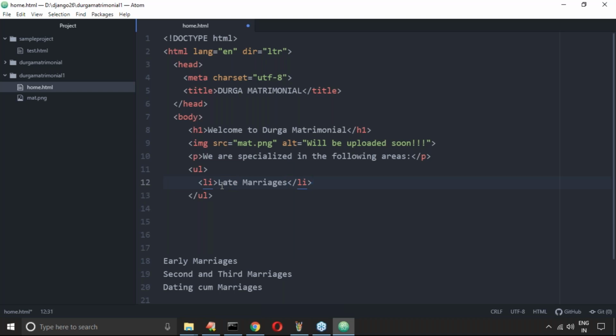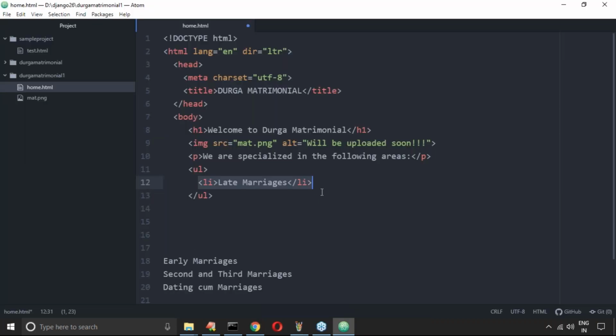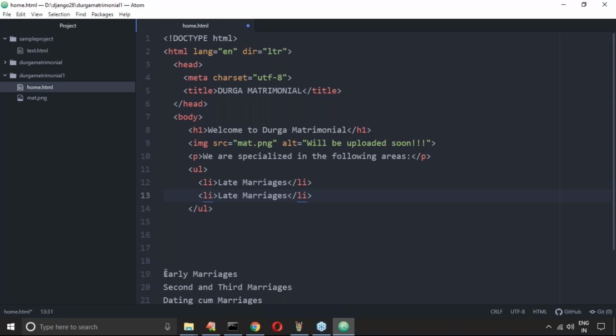Here there is one small shortcut I have to tell. Listen very carefully. If it is not an anchor tag, just normal text, but in list form, it is displaying as a normal list. I have to take list item again, so I have to copy.